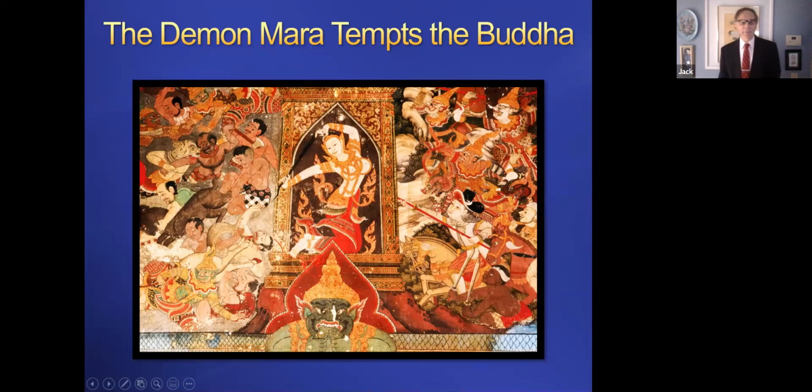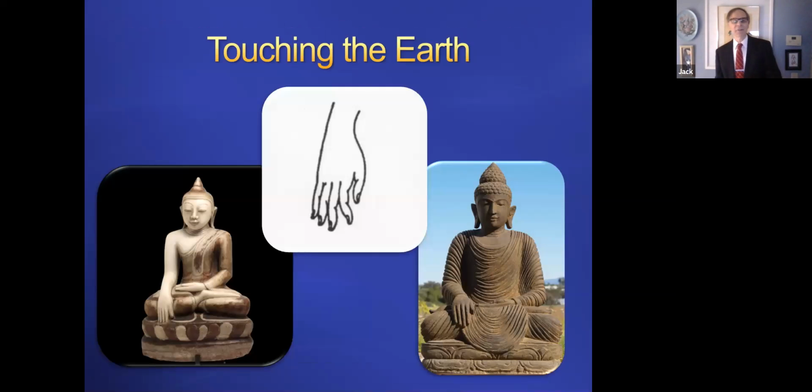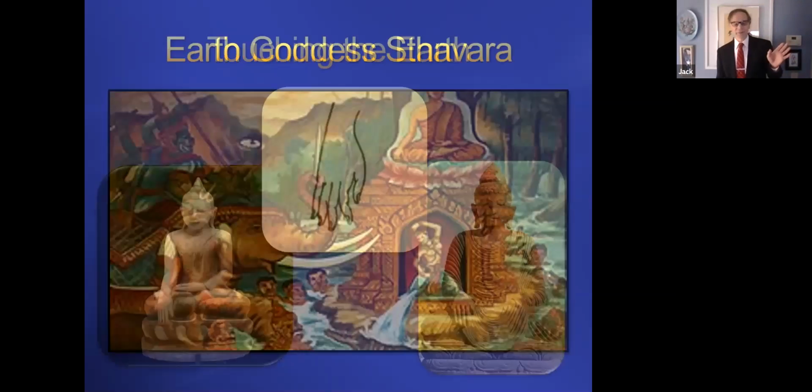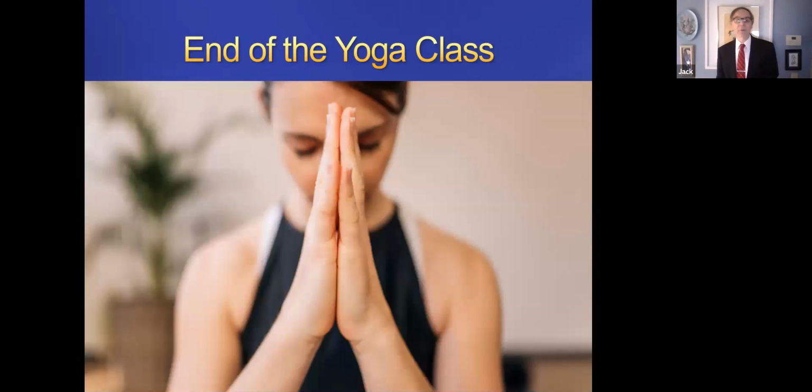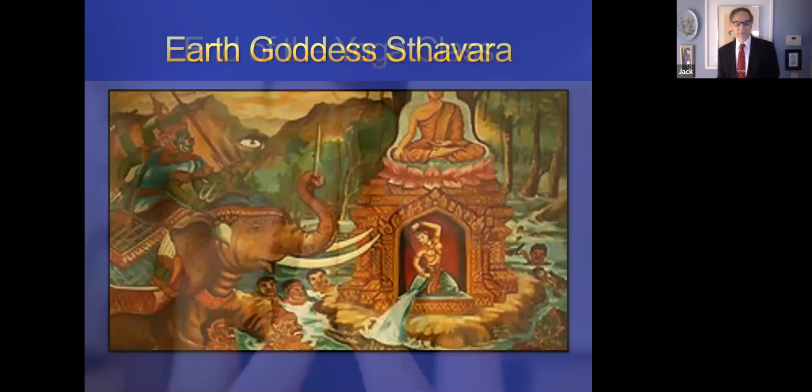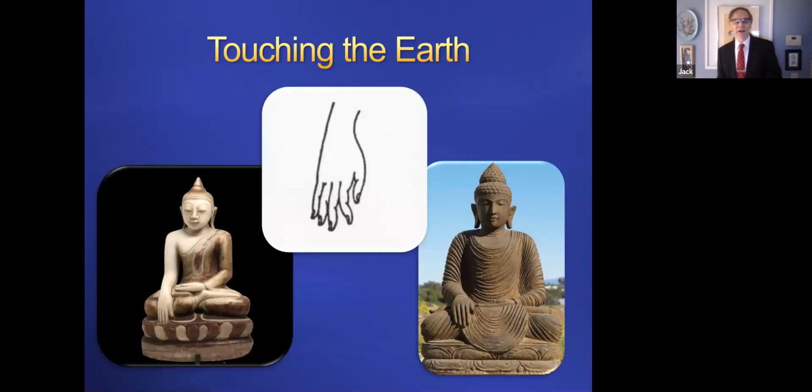And then what the Buddha did at that point is he touched the ground to call the earth to testify, and it called up the earth goddess. Then she came up, and with the waters that she brought forth, she drowned all the demons that were tempting the Buddha. So that's why you'll also see this other famous mudra on Buddhist paintings where he's touching the ground. He's touching the ground to call witness and bring up the earth goddess. This mudra is also used a lot with the idea of warding away and dispelling temptation.